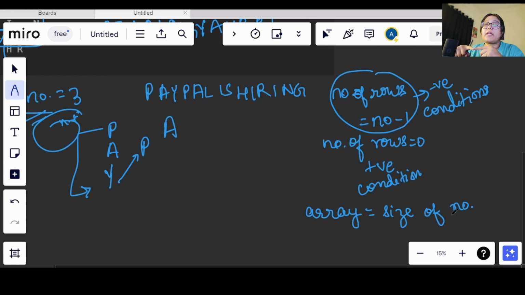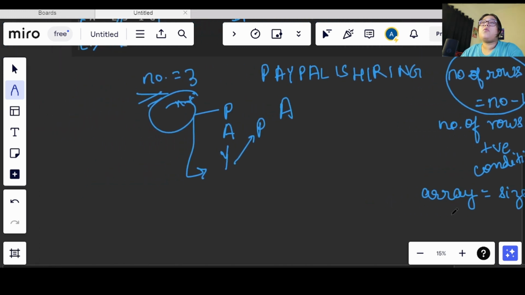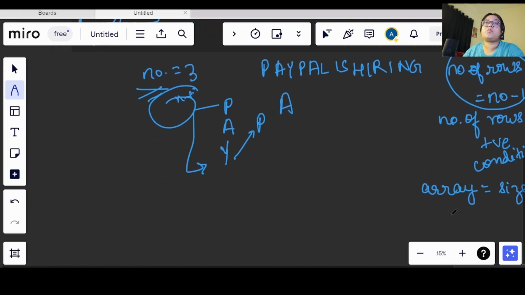Once we reach the n minus 1th value, we will be decrementing the value, and we will have an array which will store the strings, of size equal to the number of rows that is given to us, okay? So now let's see how to approach this problem, right?